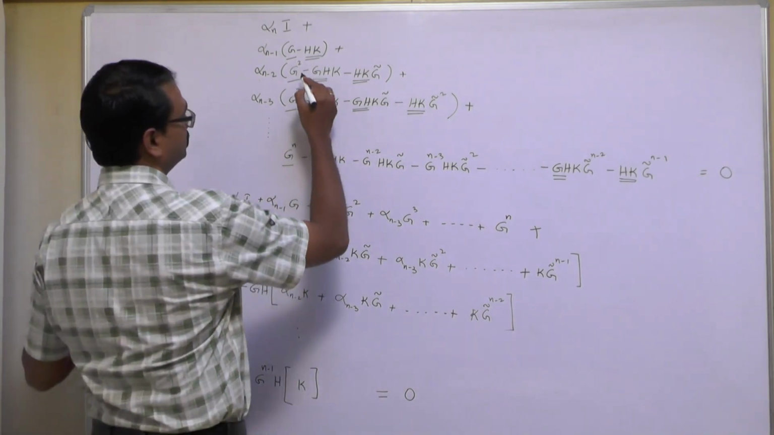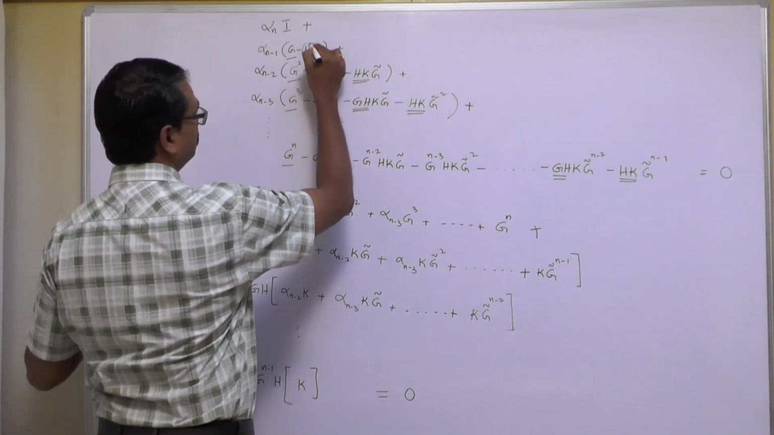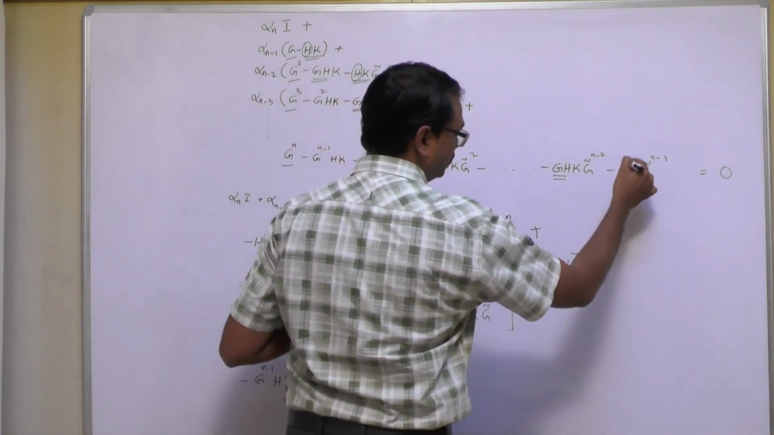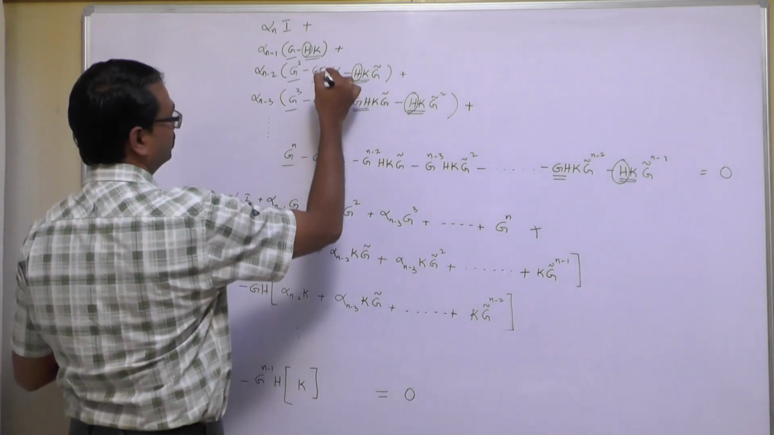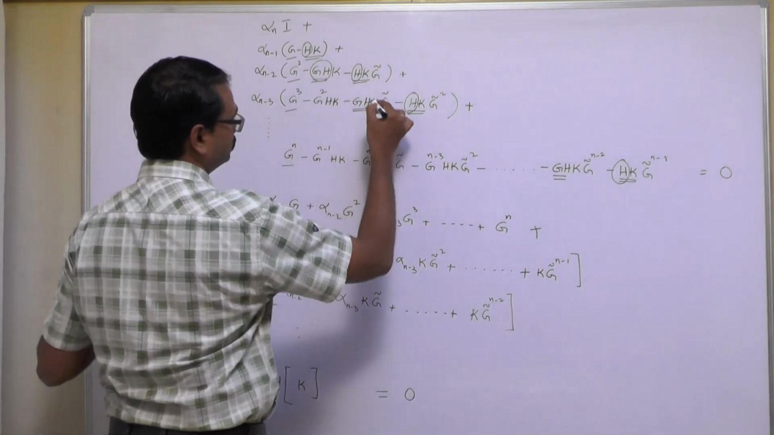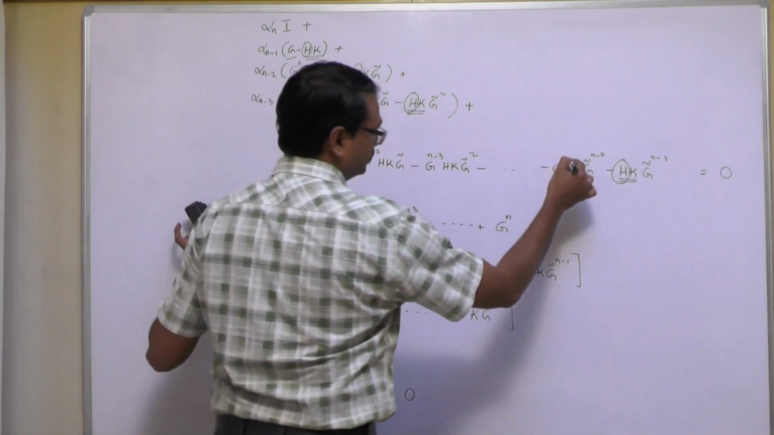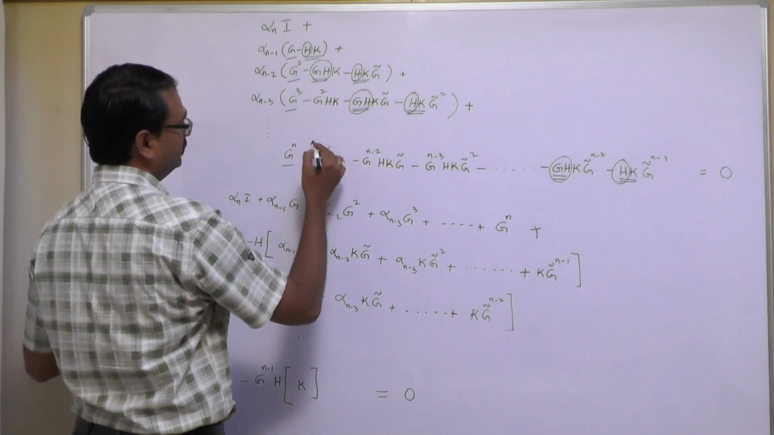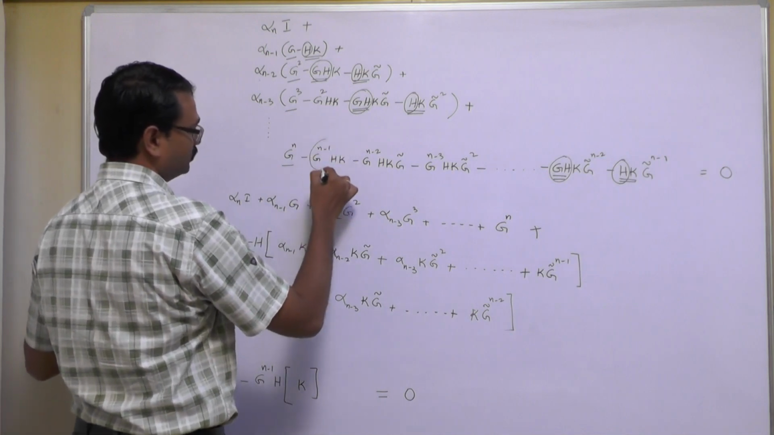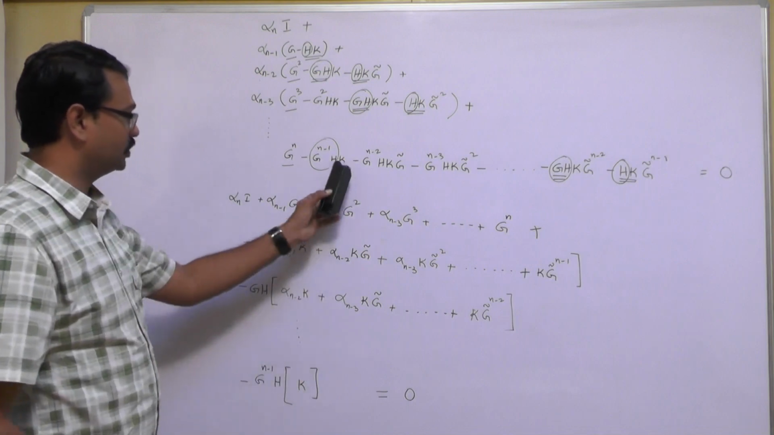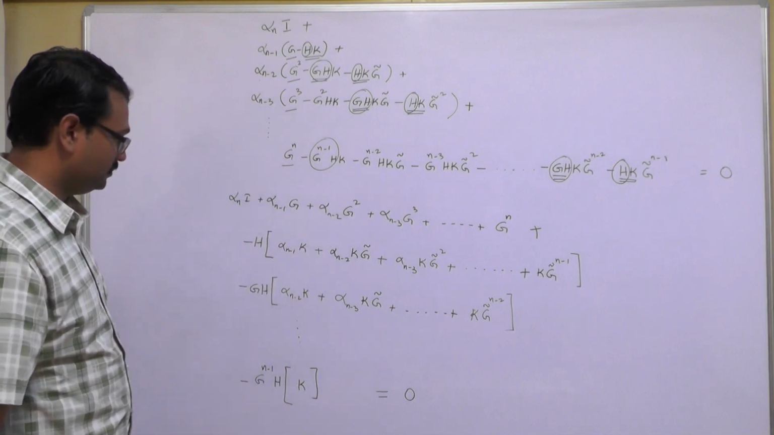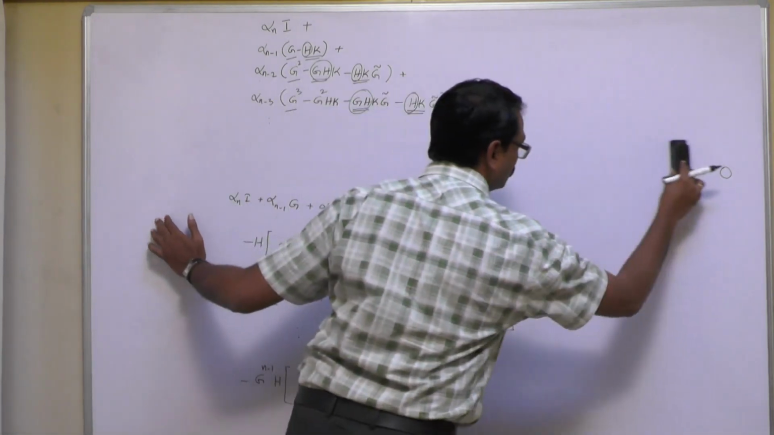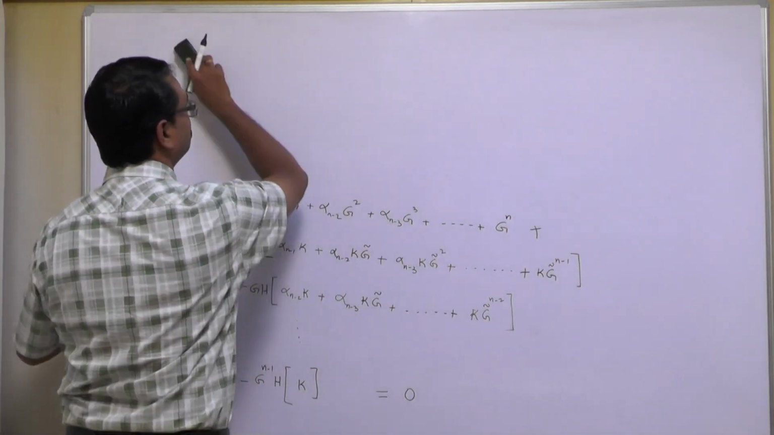By considering first, H is common everywhere, the last terms of every equation, and then the GH terms of every equation, and similarly coming back and so on, then we are left with only G power n minus 1 H, the last term, into K. So everything is a negative sign here. Now with this we can say that after getting into this equation,